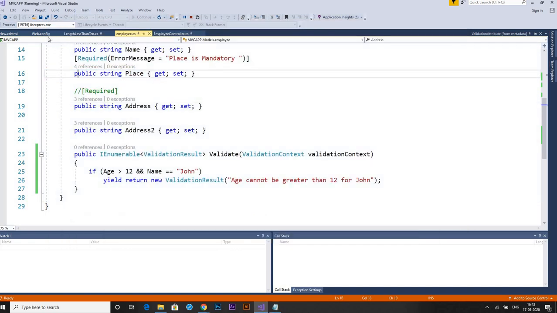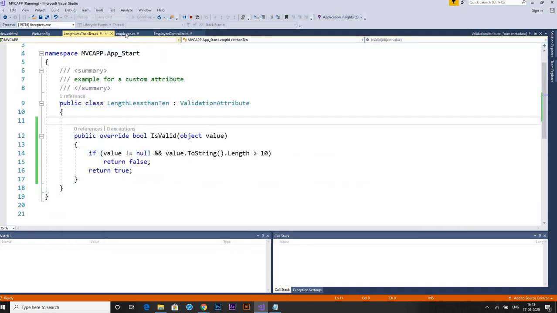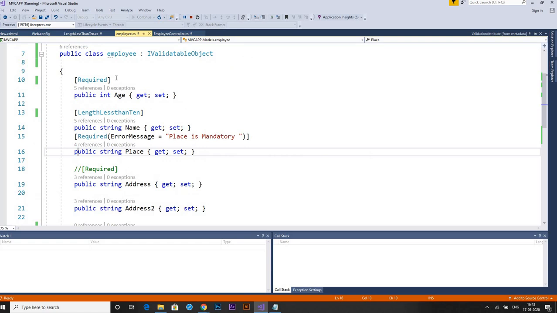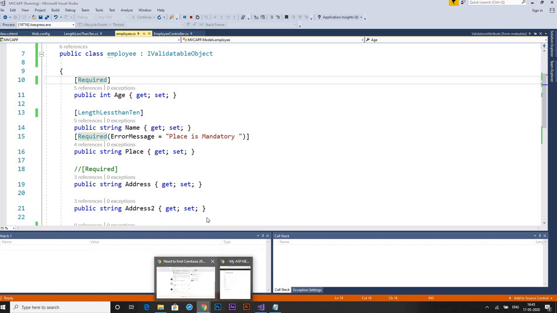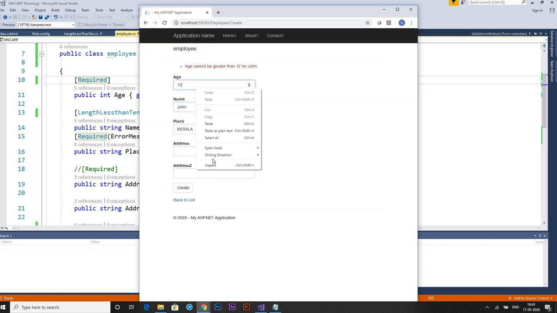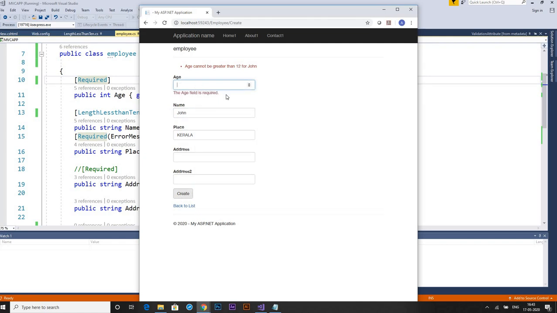Now one thing which I want to tell is, when we add a required field validation like this, a data annotation, where does that validation happen is a question which people usually ask. So if I go here, suppose I remove this, where does the validation happen? Does it happen on the client or on the server?